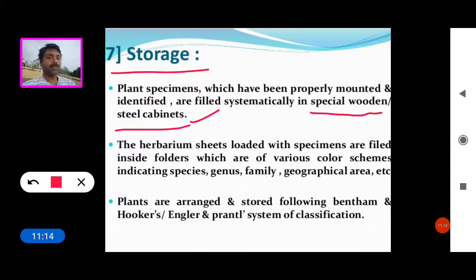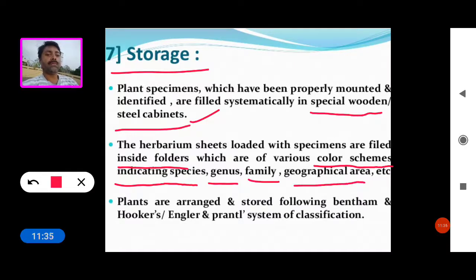The herbarium sheets loaded with specimens are filed inside folders which are of various color schemes indicating species, genus, family, and geographical area, and plants are arranged and stored following Bentham and Hooker or Engler and Prantl system of classification.